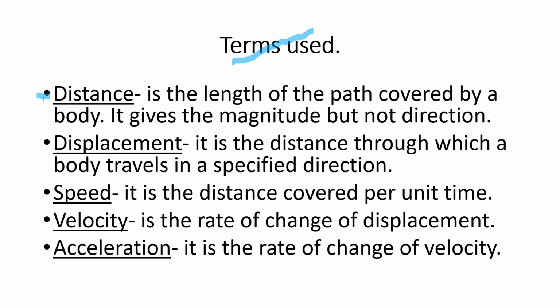We also have the term displacement. Displacement is the distance through which a body travels in a specified direction. So you'll note that it has an element of magnitude and, at the same time, direction. So displacement is a vector quantity. Distance and displacement are measured in meters. Then speed,